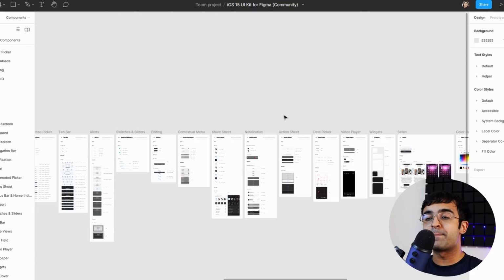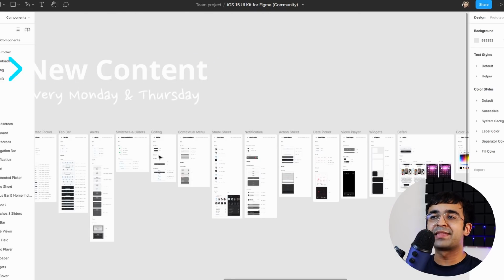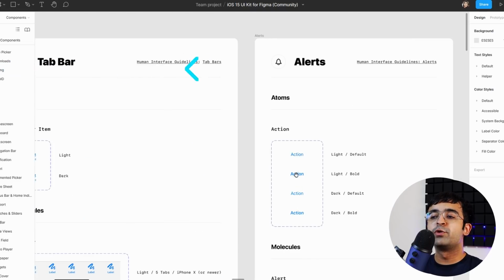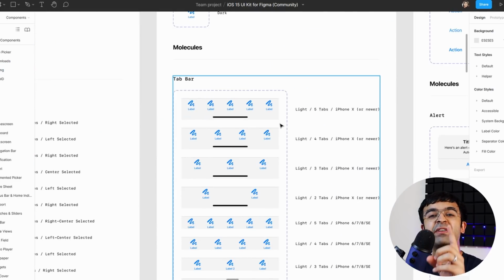However, in case you are a beginner, you must remember that a UI kit is a great learning tool. You are able to pick up a UI kit, understand how margins work, how paddings work, how shadows work, how grids work, how inline content works, and how cards work, how all these fundamentals work. Like in the iOS 15 UI kit, you can see how a navigation bar is put out on iOS 15.